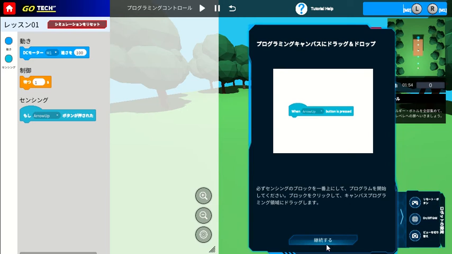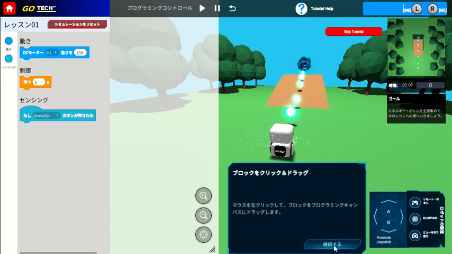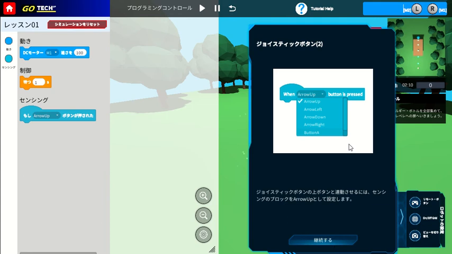This one is the basic concept of the joystick. You may start your program using this one. This is the compulsory block that you need to drag first. This one is the start block. You need to choose arrow up for moving forward. In this level number 1, you will learn how to move your robot forward using the joystick concept.